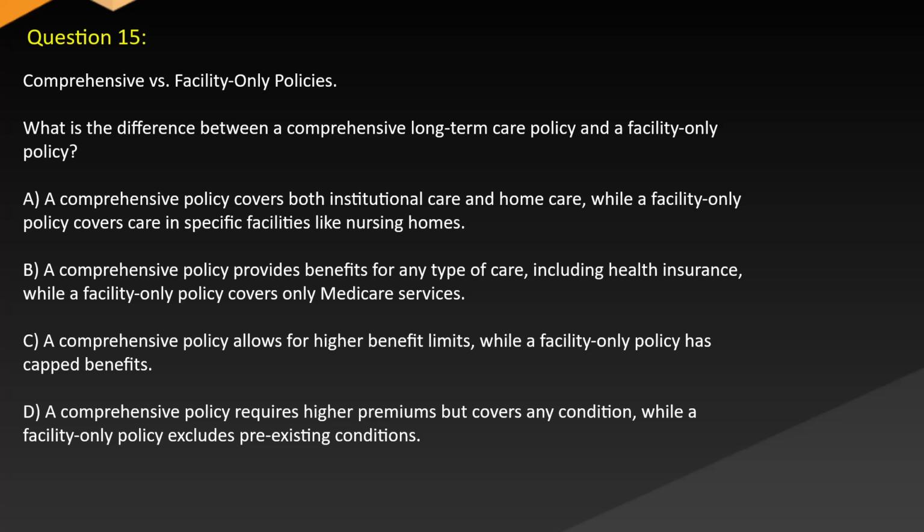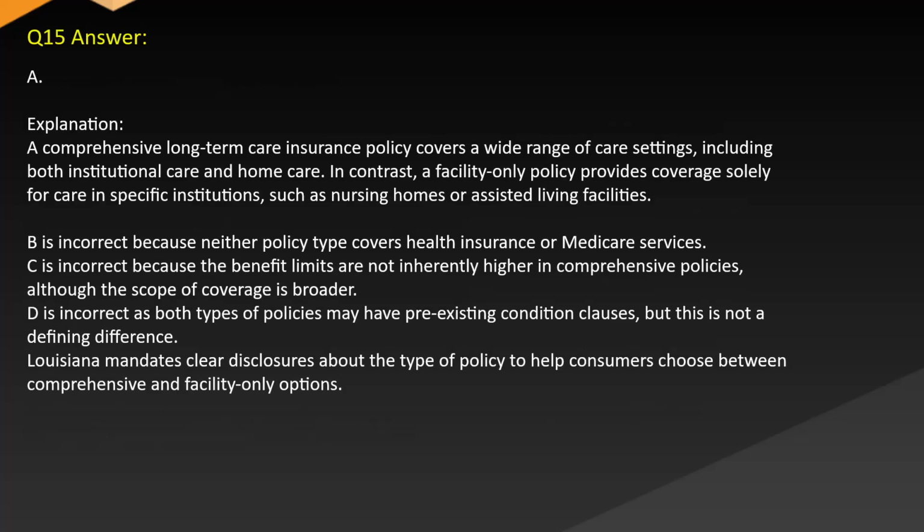C. A comprehensive policy allows for higher benefit limits, while a facility-only policy has capped benefits. D. A comprehensive policy requires higher premiums but covers any condition, while a facility-only policy excludes pre-existing conditions. Answer A. Explanation. A comprehensive long-term care insurance policy covers a wide range of care settings, including both institutional care and home care. In contrast, a facility-only policy provides coverage solely for care in specific institutions such as nursing homes